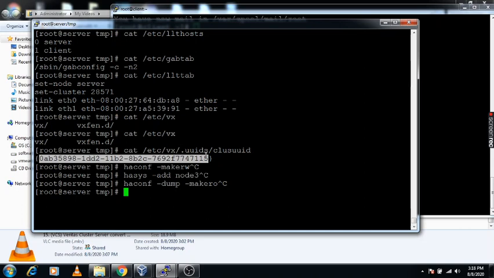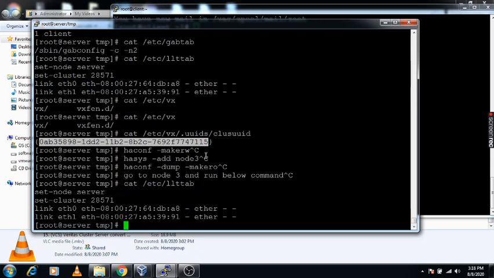Now you need to go to node 3 and run the below commands. You can check cat /etc/llttab, you will get into the other node, that is node 3.